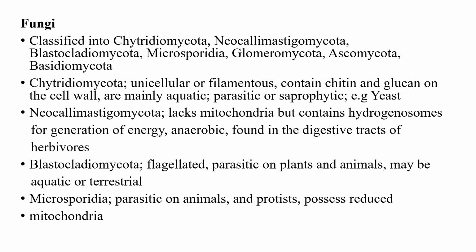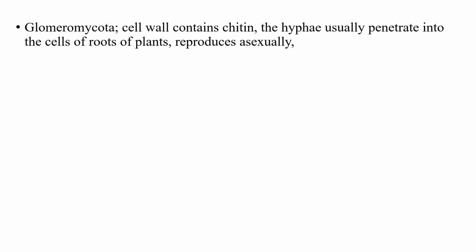Then the Microsporidia are parasitic on animals. They are protists, and they possess mitochondria which are reduced in nature. The Glomeromycota contain a cell wall which contains chitin, and the hyphae usually penetrate into the cells of roots of plants, and they normally reproduce as